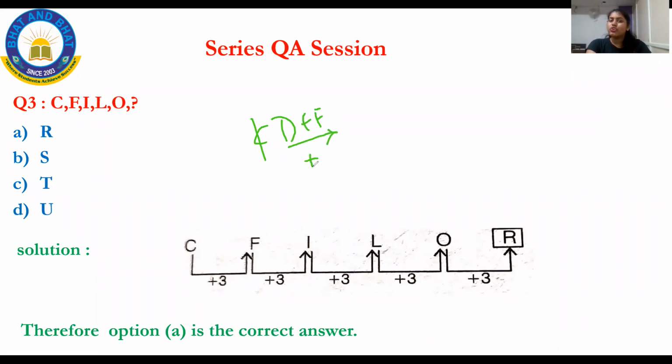Okay, plus 3. Now don't waste the time. You got the reason, right? What is the check for the next one? F to L: F, G, H, I, like that. Plus 3. Now, don't waste time to solve the middle one. After O, the next 3 letters are O, P, Q, R. Leave it. That is 3. Is there any option? Yes, that is option A. That's all. So the series contains a plus 3 series.